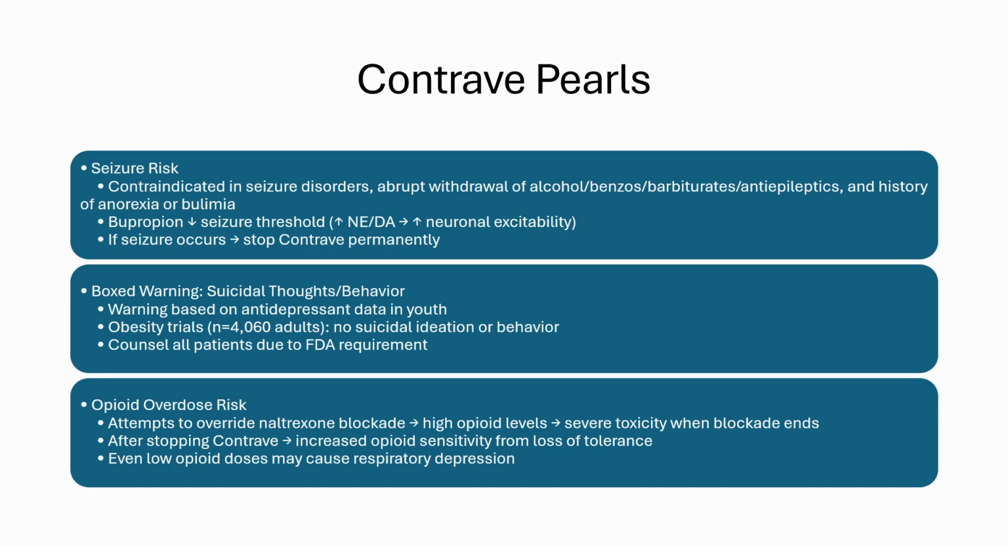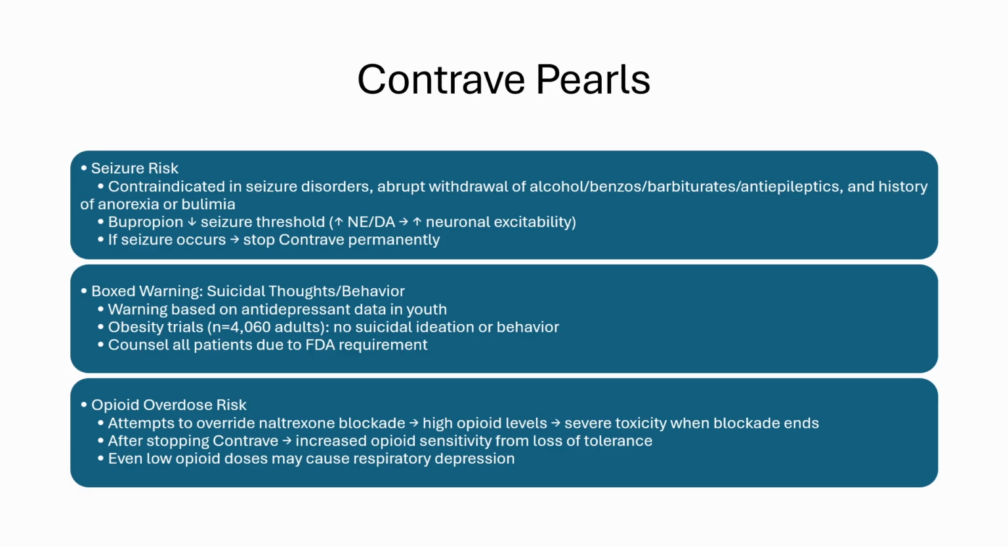Patients on Contrave are at an increased risk for opioid overdose, and you may be asking yourself why. The first reason stems from attempts to overcome naltrexone's opioid blockade by patients taking larger doses of opioids. This occurs because once naltrexone dissociates from its receptors, these high circulating opioid concentrations can cause rapid onset respiratory depression